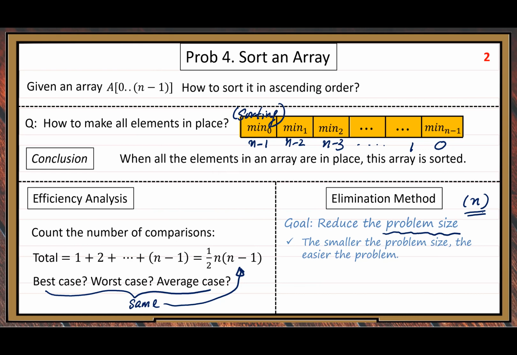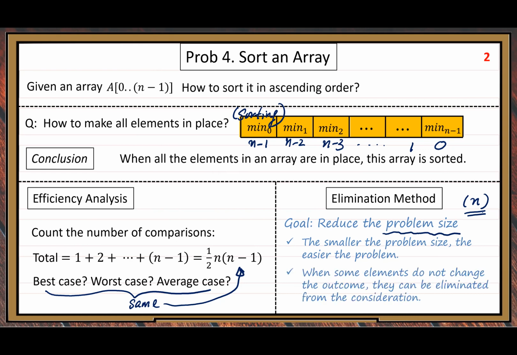We cannot say 100% correct, because for some special problems we may have exceptions. But this direction is pretty much correct: the smaller the problem size, the easier the problem. And another